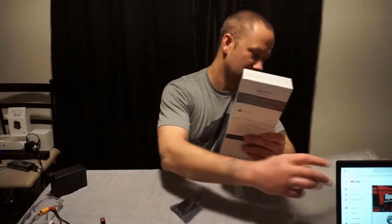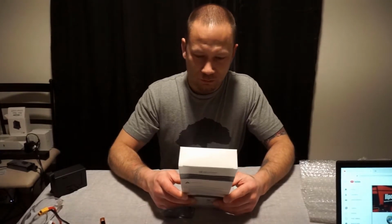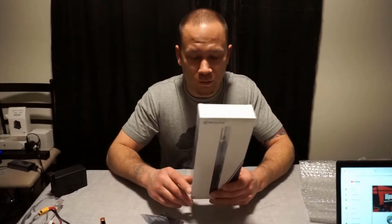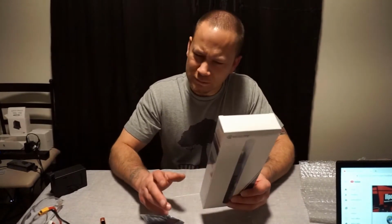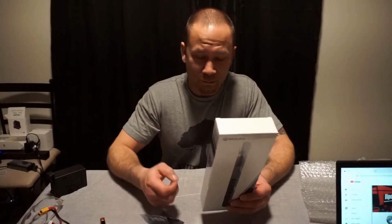I've seen this on Race Day Quad's website. It was like $35 or something like that. The thing that caught my attention on it was that it actually went up to 500 degrees Celsius right out of the box. And that's great. Do you need 500 degrees? No. But sometimes it's good to have. When you're soldering